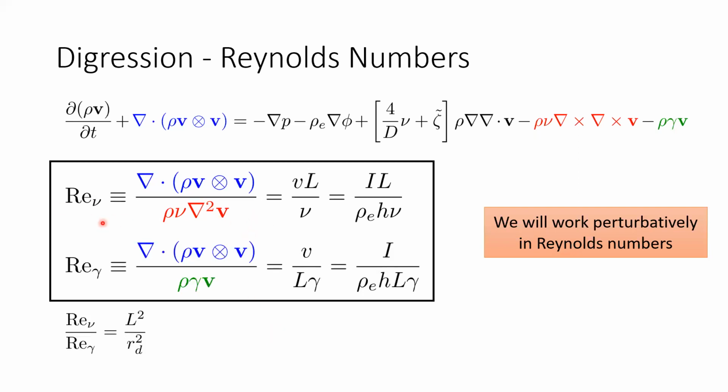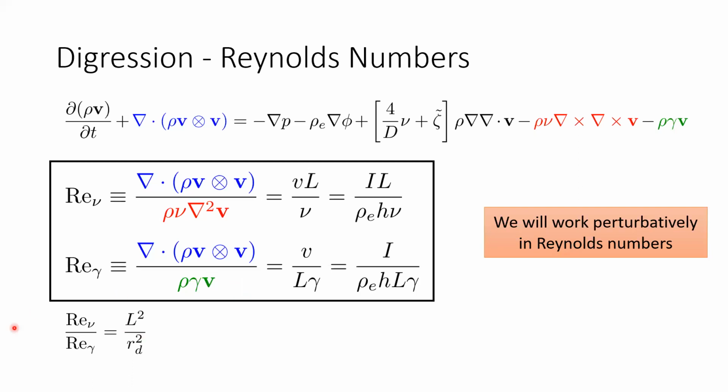In addition to this Reynolds number that is typically written down in fluid mechanics, there's an additional dimensionless, Reynolds-like number, which is the ratio of the convection force to the resistivity. This term also turns out to be important in characterizing the strength of nonlinearities in the system. To have strong nonlinearities you want both of these numbers to be large, and so the smaller one will end up dominating the physics in your system.